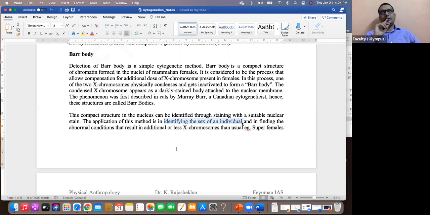Sometimes it's very important. I don't think we have too many options for that. Let's say that you got a blood sample at a crime scene. Sometimes identifying whether it's a female's blood or male's blood can actually make life easy for the investigators. Correct? So like that, we can identify the gender or the sex of the individual to whom the sample belongs. Next, as you rightly said, Vishal, abnormalities, chromosomal problems can be identified. In what cases? Super females, for example. How many inactivated X chromosomes will be there in super females? Number of Barr bodies in super females is